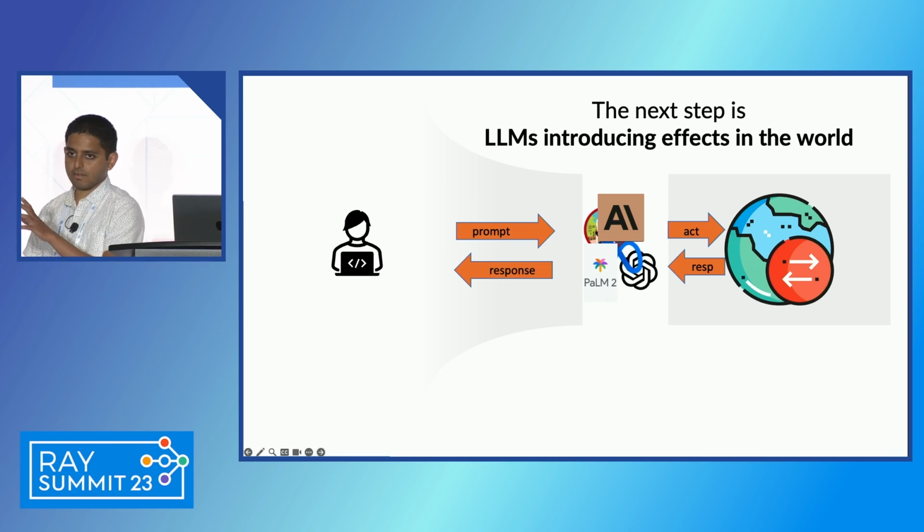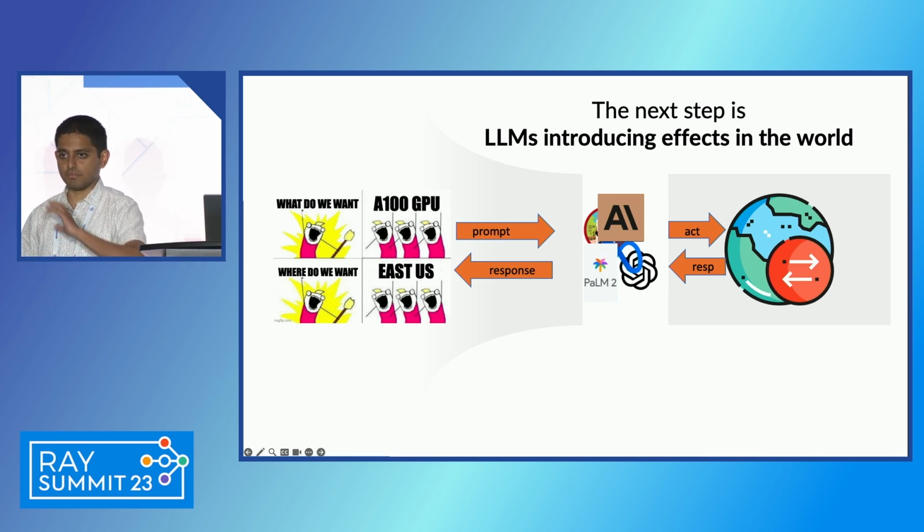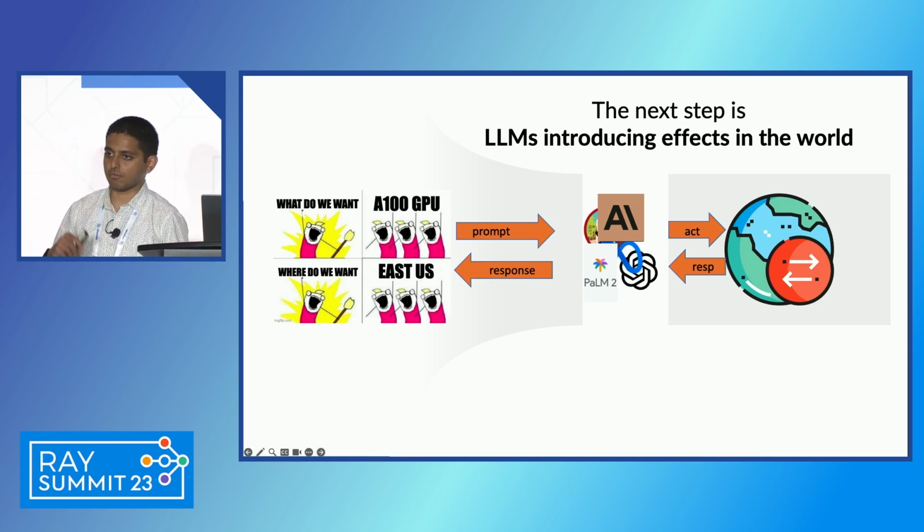This is all too abstract, so let me ground this in one example. We're all machine learning researchers over here, or we use it in some sense. And today, the most scarce commodity is GPUs, right? So suppose you were to ask the question, hey, can I get an H100 GPU in East US? Now, this is the prompt that you give to the LLM. And what you want the model to do is go ahead and do a bunch of things, right? One is read the state of the world. OK, does this user have quota on your favorite cloud provider? Two, in this particular region, is there availability for this particular GPU? And if so, return that back to you as the user.